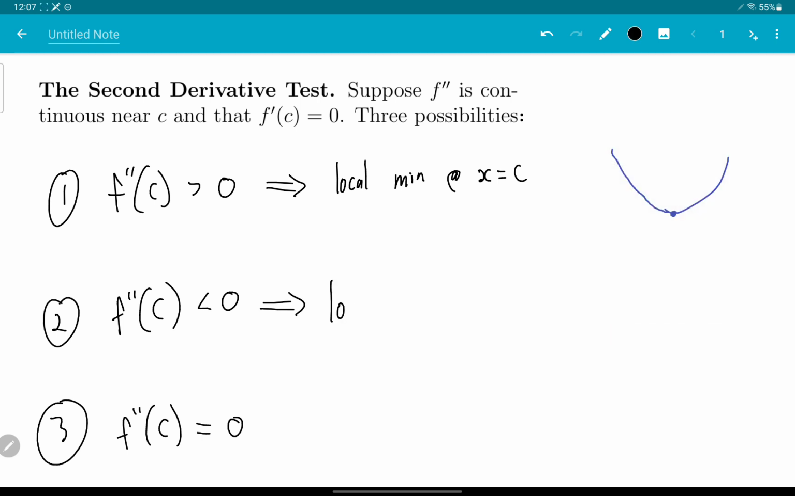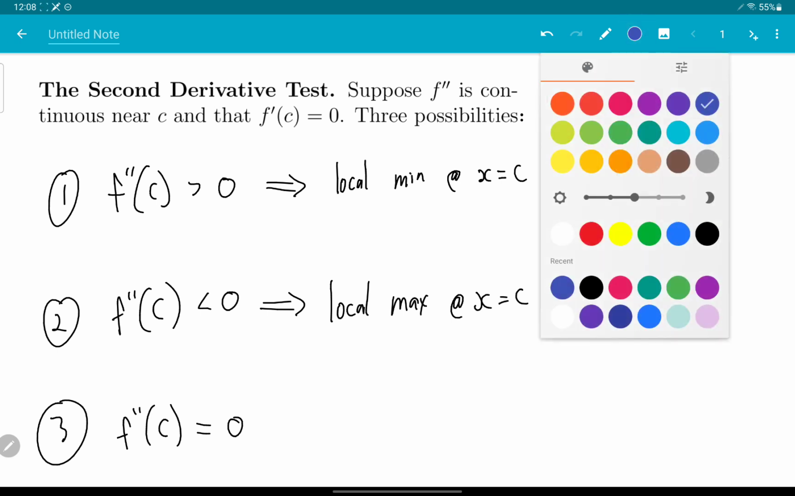Similarly, we have a local max at x equals c if the second derivative is negative, because we have a critical point, and the second derivative is negative, meaning concave down. So I don't know about you, but that looks like a max to me. I cannot complete this for some reason. Too much coffee. Anywho,